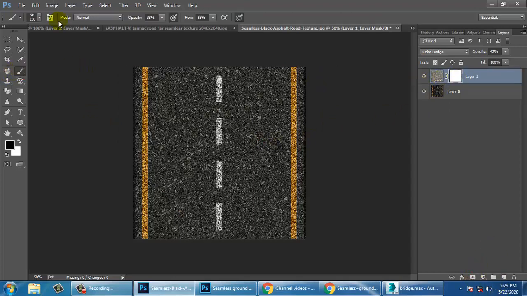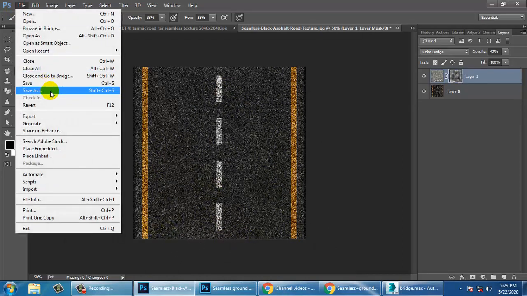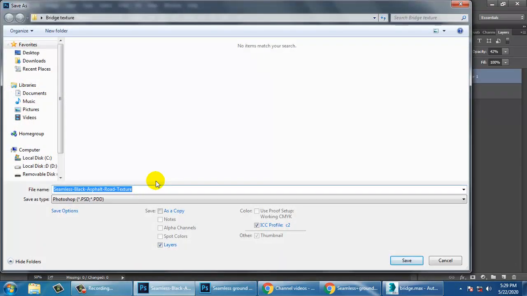Let's take a brush over here and just rub it. That's it. Whatever area is required, you can keep it. The rest of the part you can rub it. That's it. So let's save as, and name it as road.